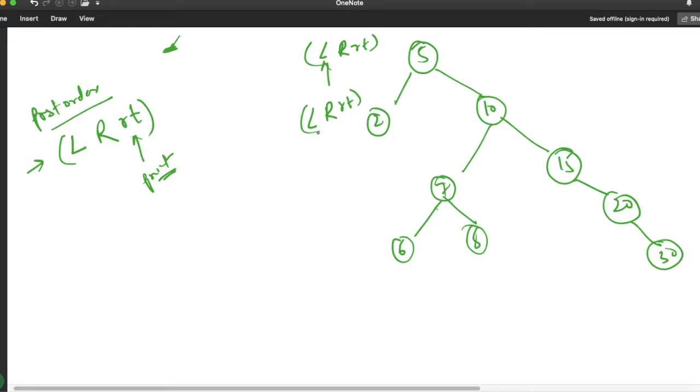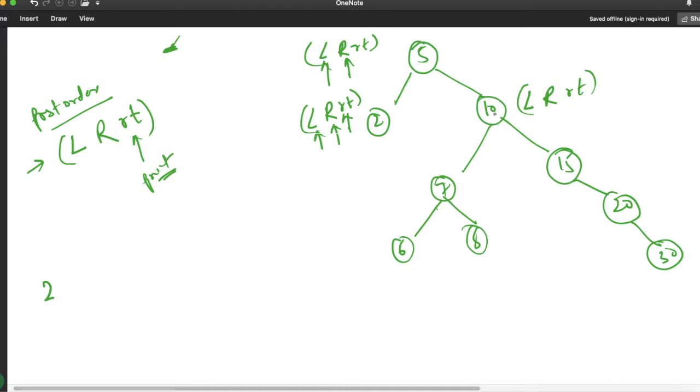Now for this node my left part is none, so we are done with left. Right is also none, so we are done. Next is root, and root has value 2, so whenever we find the root we will simply print the value. Now we are done with this. Next is right, which has node value 10, so we will apply the sequence left, right and root for this node.